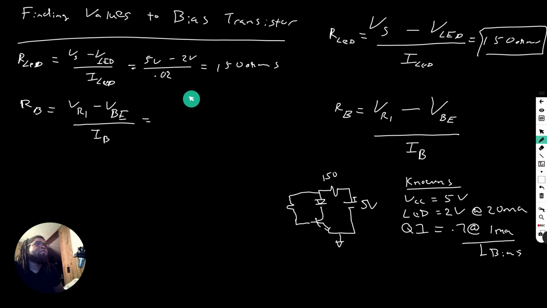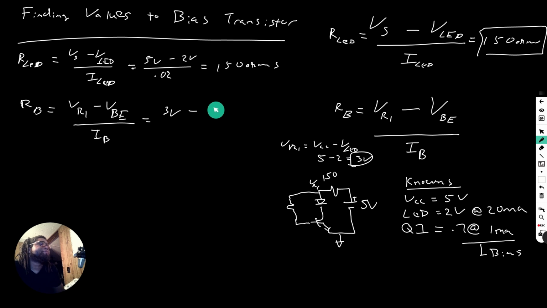So for these values, for VR1, we're going to use the voltage after. VR1 is right here. It's the voltage after this resistor, which is going to be less than this, right? Because it has this LED taking up the voltage. So the voltage VR1 is basically equal to VCC minus V LED, which is just 5 minus 2, which gives us 3 volts. So we're going to use 3 volts there